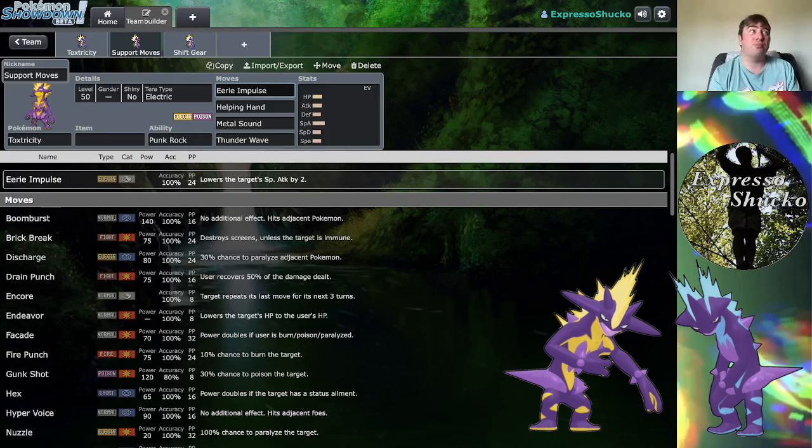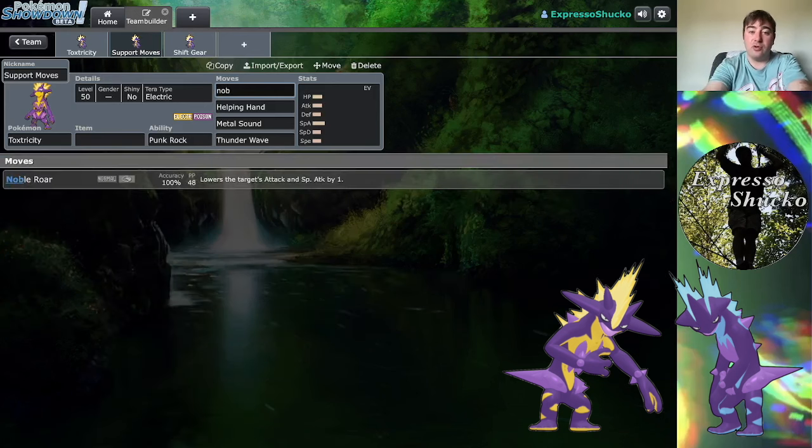And plus, you're likely going to see a Clear Amulet more likely on a physical attacker than a special attacker, so you should be safe to lower something's special attack with the Eerie Impulse. Now, alternatively too, instead of Eerie Impulse, Toxtricity does get access to the move Noble Roar, which is a sound move that lowers the target's attack and special attack 1 stage. It's basically Parting Shot without the pivot built into it,